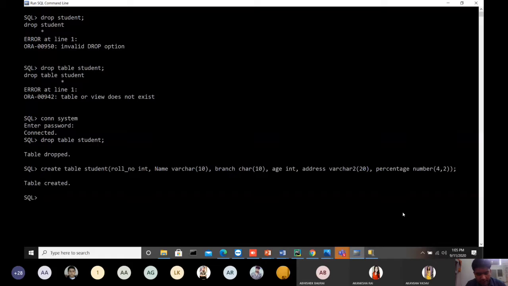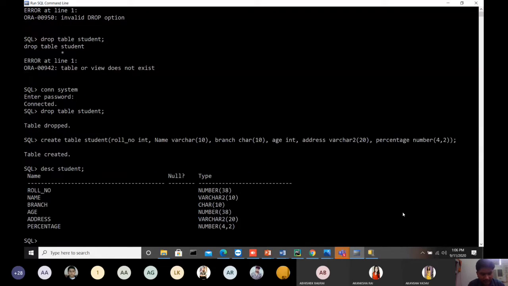If you want to see this table, you write describe or DESC and check whether your table is created or not, and what the different aspects of this table are. So the student table is there, and we are writing describe. When we write the DESC or describe statement at the command prompt, the structure of the student table is displayed. The name is given. What about the null value? We are not specifying any constraint in that, so it is all blank here, but we have associated the types, so all the types are displayed here.